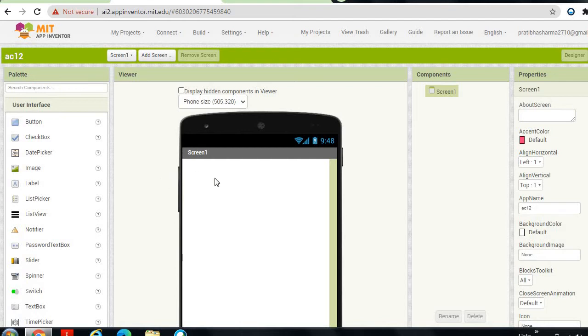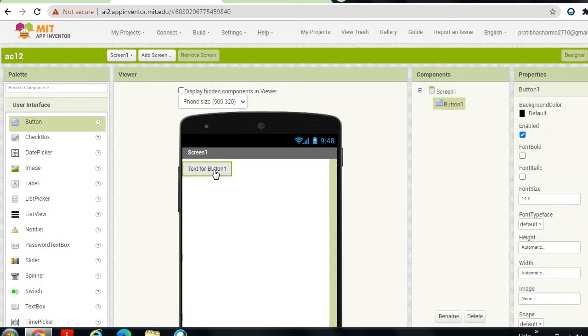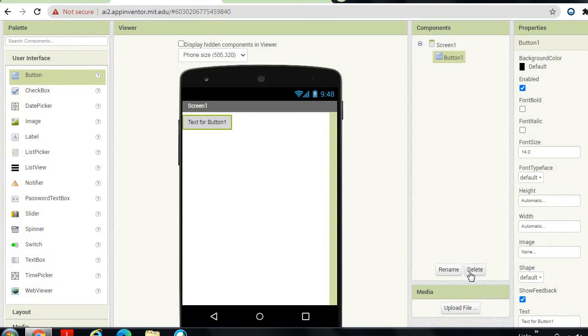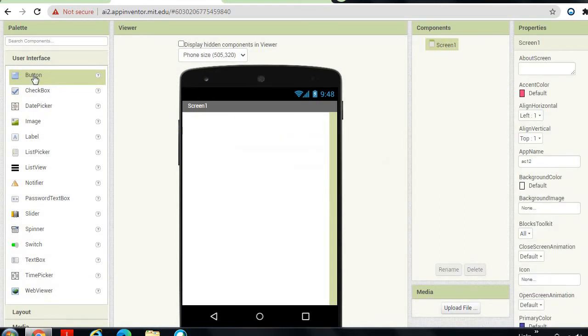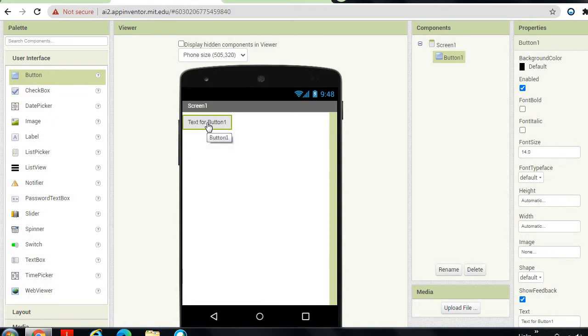You have to drag and drop them on the screen. So I'm dragging and dropping this. This is the viewer. Viewer is nothing but just a screen. For example, if I'm dragging and dropping it here, you can see this text for button 1 on the screen. So it does nothing but just displays it.